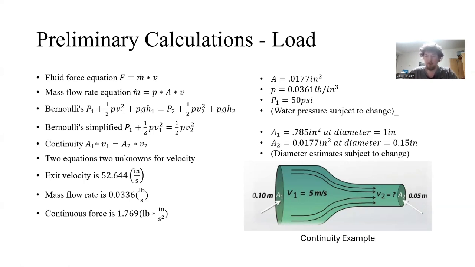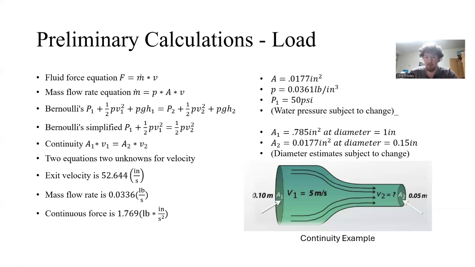The issue with calculating this was that I needed to find the velocity of the fluid given the pressure behind it and the areas. So I needed Bernoulli's equation and the continuity equation in order to get that velocity at the end. With the velocity at the end being 52.64 inches per second and the mass flow rate being 0.0336 pounds per second, we were able to get a